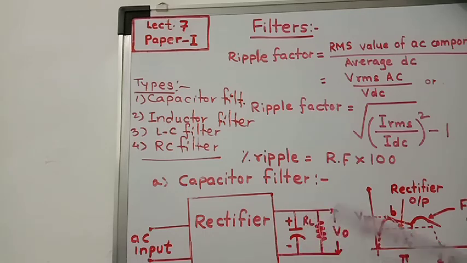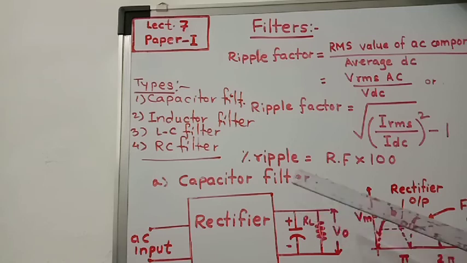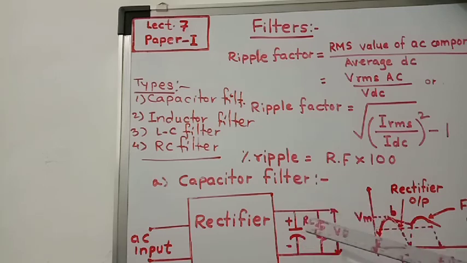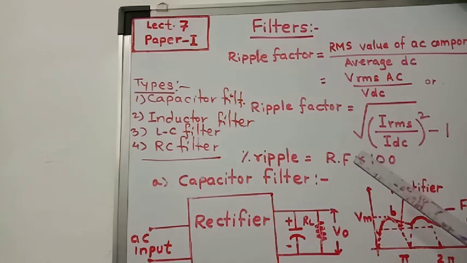Okay, then these ripples are minimized by using a large value of capacitance or a large value of resistance, or both, that is RC. It depends upon the RC time constant, that is, when the capacitance value is large or the load resistance is large, then ripples will be very less. Okay, so generally big electrolytic capacitors like 1000 microfarad or 2200 microfarad are used for filter circuits. Okay, so we will stop here.